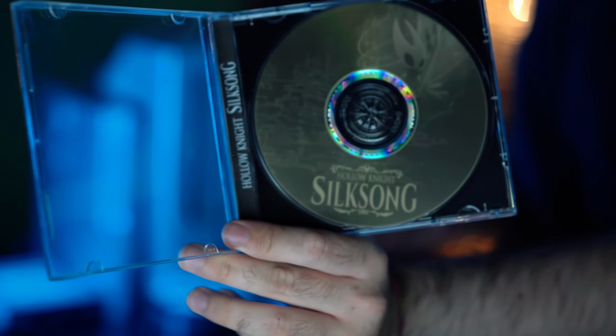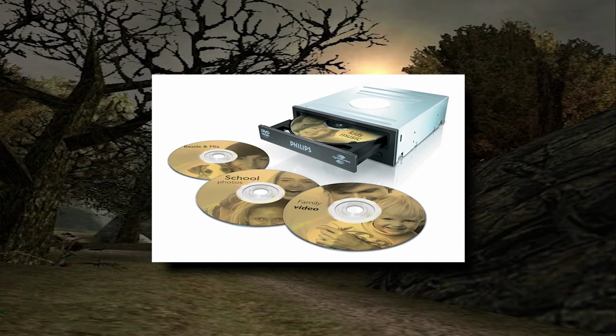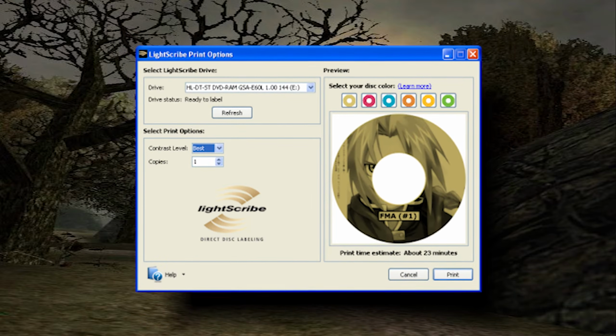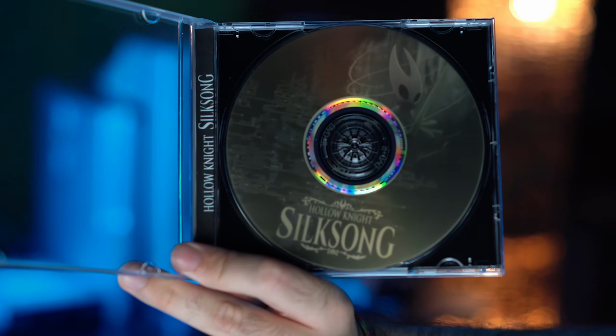What you just saw was really cool, right? This disc was made using a lost and rare technology called LightScribe. It uses a laser to engrave the image directly onto the DVD, and that's why it has that futuristic Y2K look. But before I explain why this technology is rare, we need to understand why this physical copy of Silksong